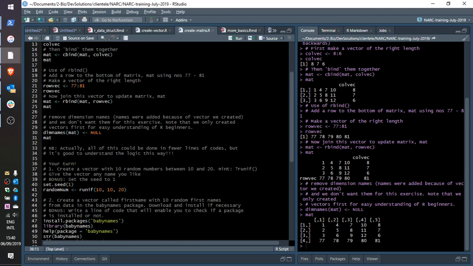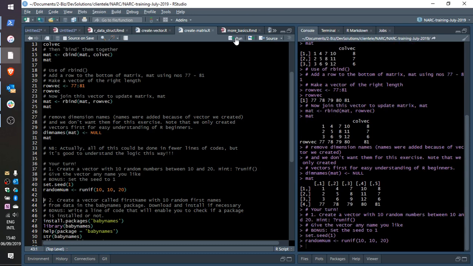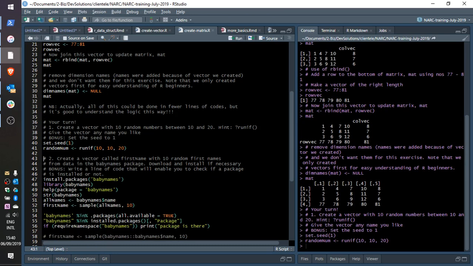Now, your turn. Create a vector with 10 random numbers between 10 and 20. Okay, so set this to 1. I'm just doing it random numbers. Okay, now create a vector